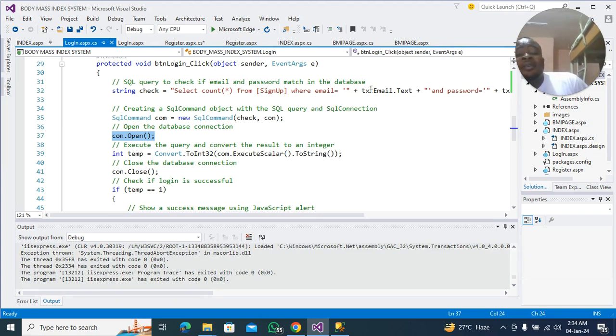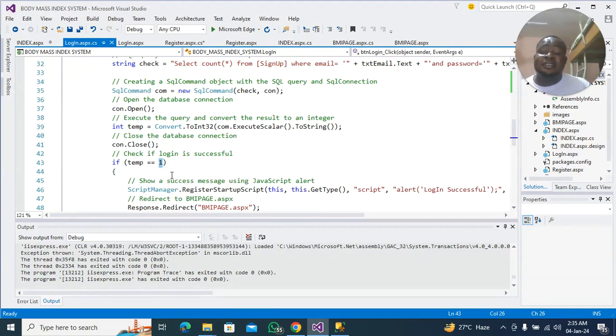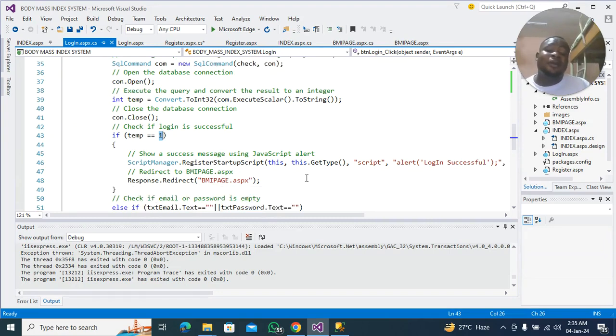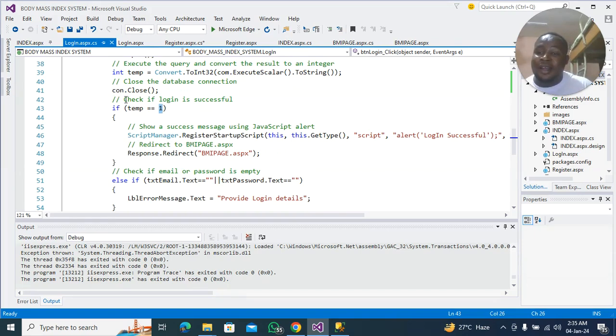If the email and then the password provided really matches with what is in the database, then it should give an integer of 1. So the 1 here confirms that the email provided and the password actually matches. If it doesn't match, then it should provide 0 to give an error message that there is a wrong email or password. So that is why we can see this local variable